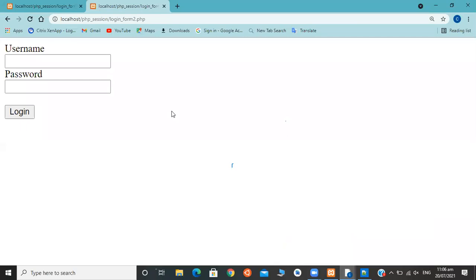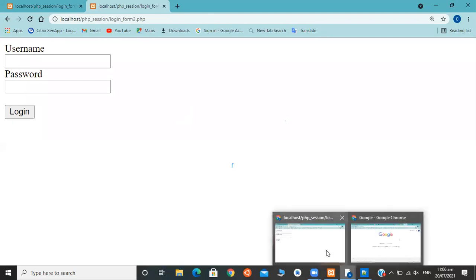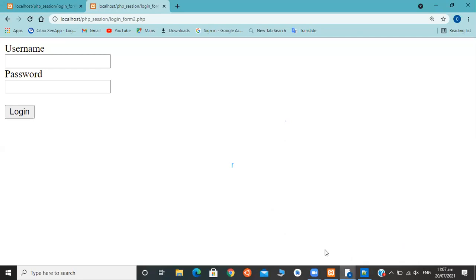Also show them, Chaitali, how if a wrong password or username is given, how they can manage that.